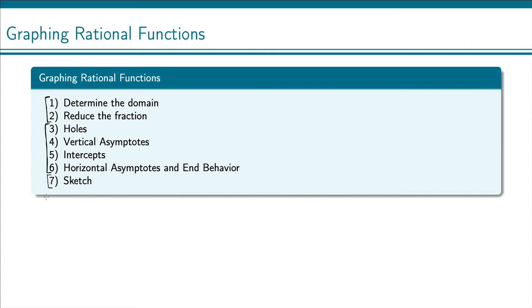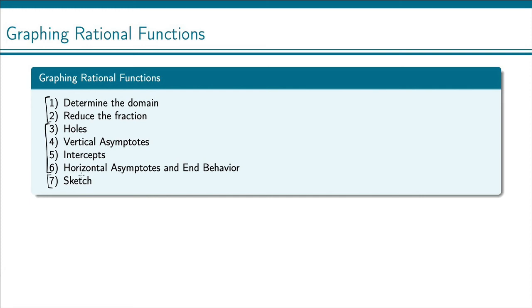So we've seen all these different things, these different features and how to find them. So this is the process that you can follow, and if you follow this, then you'll always be able to graph your function. After you've gone through these 6 steps, the very first thing you're going to want to do